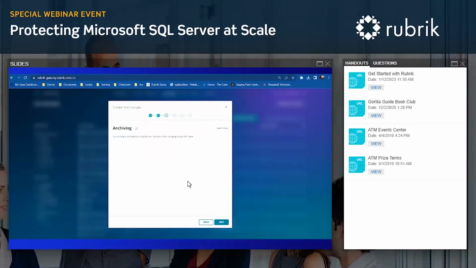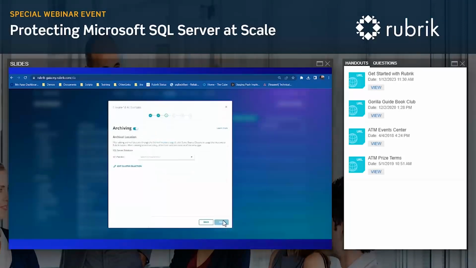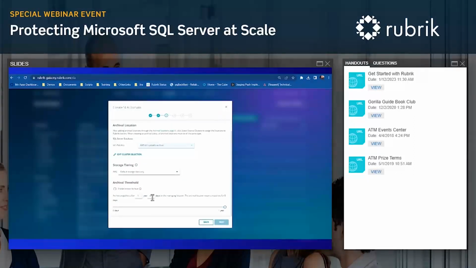On the next section, we talk about where should the backups stay long term. With archiving, we can help with that, and we can push to secondary locations, such as a cloud provider through object storage or a secondary NAS drive. And here I can set a threshold of when I would like to push that information up to the object storage in this case. So let's go to 30 days. And at that point, after 30 days, I'll automatically push those backups up to that new location.